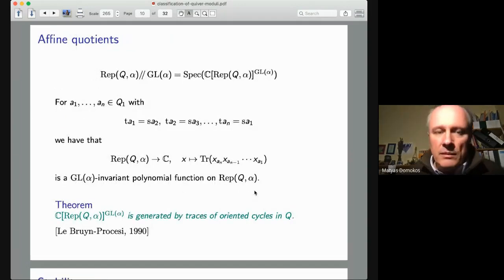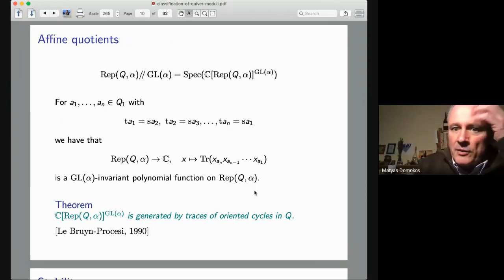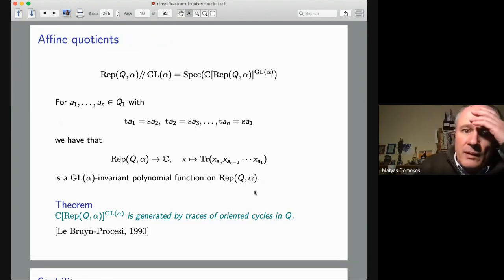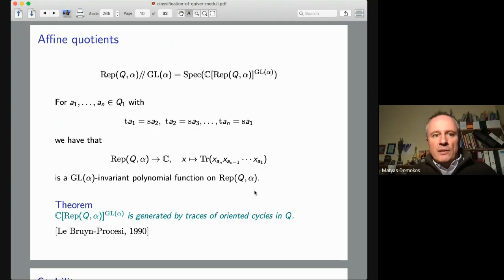And so we want to classify representations. The approach of invariant theory is that we would like to have varieties parametrizing the orbits. The first approximation of this problem is given by so-called affine quotients. So we take the algebra of polynomial invariants on the space of representations,